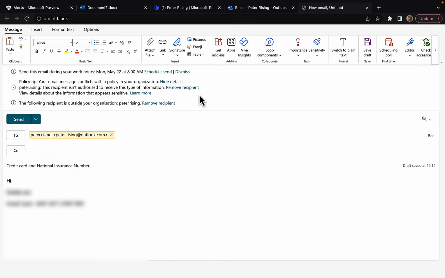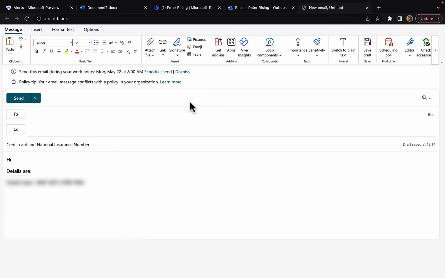But what it's saying here, the recipient isn't authorized to receive this information, so remove the recipient. What that probably means is that the policy rule that is matched here is set to trigger when such content is sent outside the organization. So if I remove the recipient, what I will probably find, and the warning goes away, so